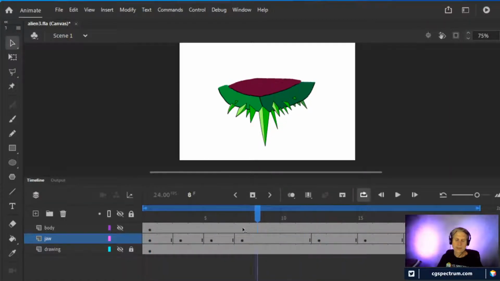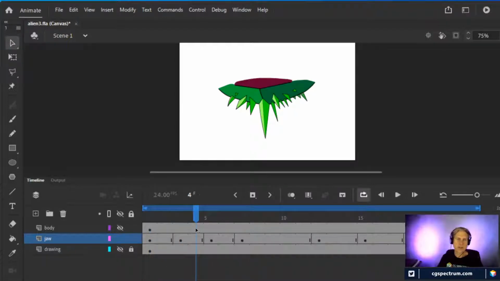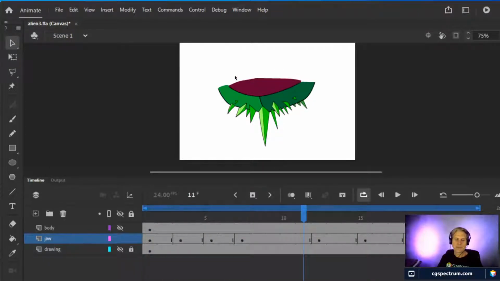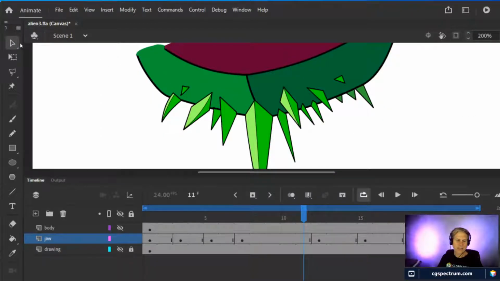When Animate CC is playing things back, I sometimes call it Flash by accident, sometimes it goofs up. But anyway, I just copied and pasted the points of the jaw so that they went up and down. And then I extended the line by either drawing it or just going in here and grabbing that line and pulling on it. And that's how I was able to get the line to either extend or disengage.